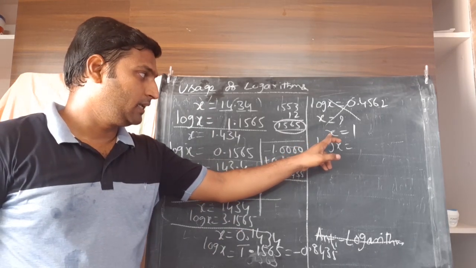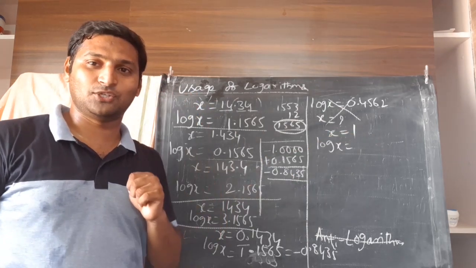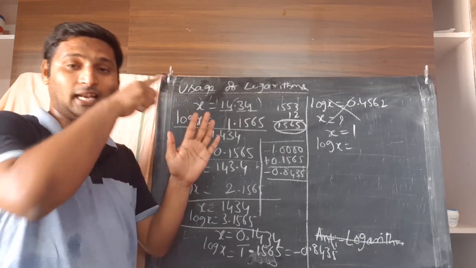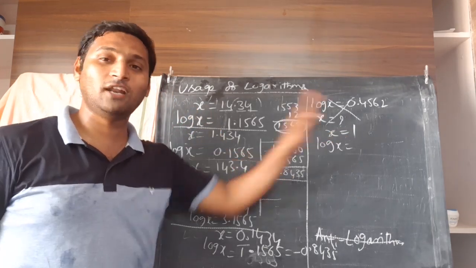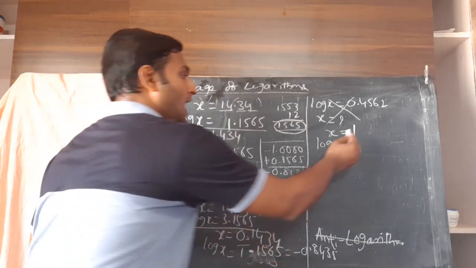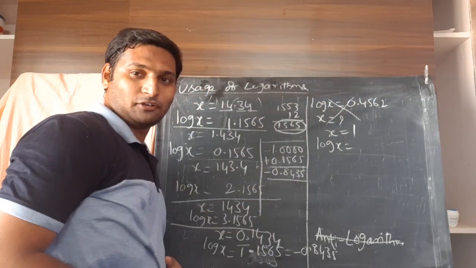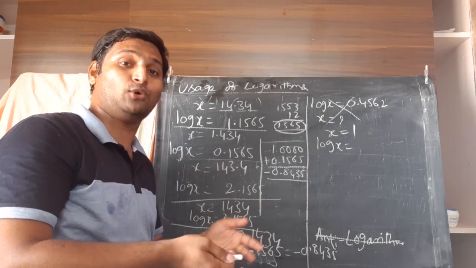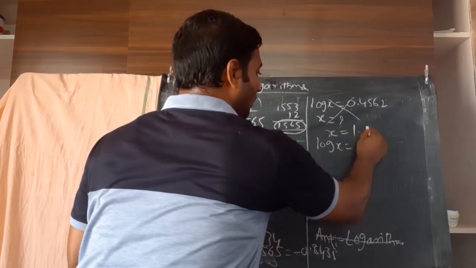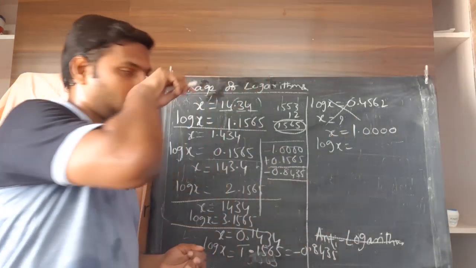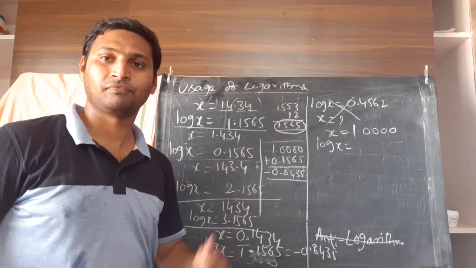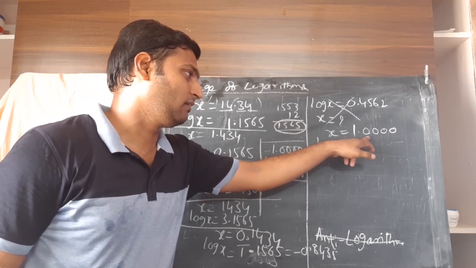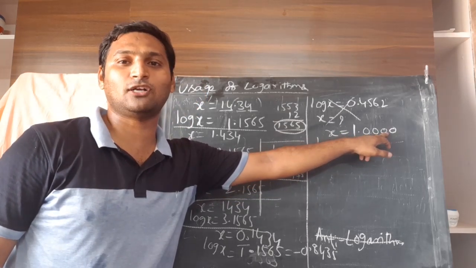See, sir, I need 4 digits. Even in the left extreme column, minimum 2 digits are there. It starts from 10, 11, 12, 13. But I have only 1 digit. What should I do? Simple. Assume there are zeros to the right of it, with the value remaining 1. Decimal and then zeros. Then the first 2 digits are these two, 10. Next digit is 0. Mean difference also will be 0.